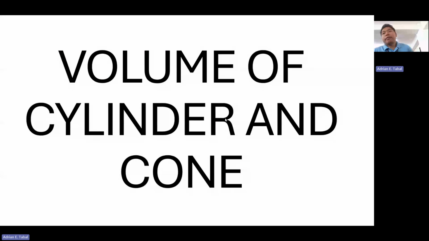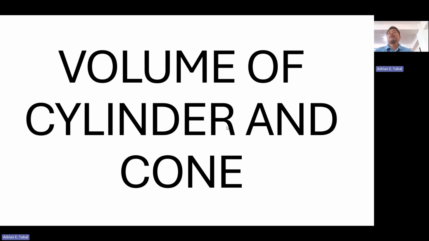Okay, so have you ever wondered how much space a water bottle can hold, or how much metal is needed to make an ice cream cone or a tin can? These real life objects are based on 3D shapes, the cylinder and the cone. Understanding the volume and surface area of solids helps us solve practical problems in everyday life, for example in the factory, packaging, manufacturing,